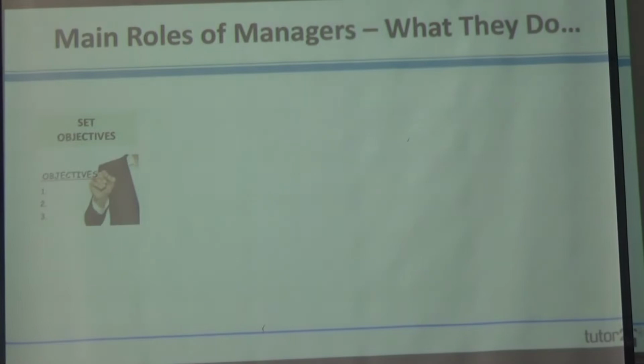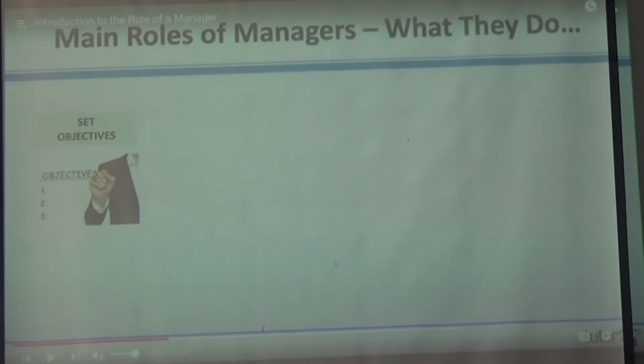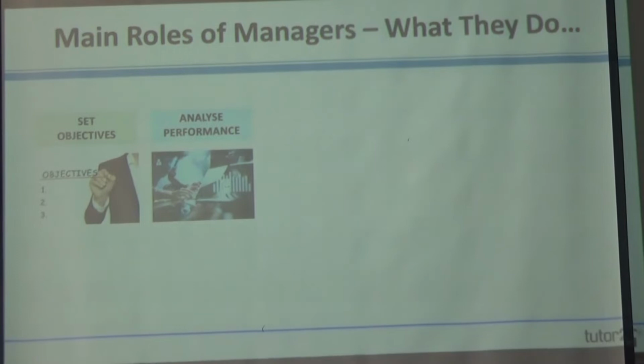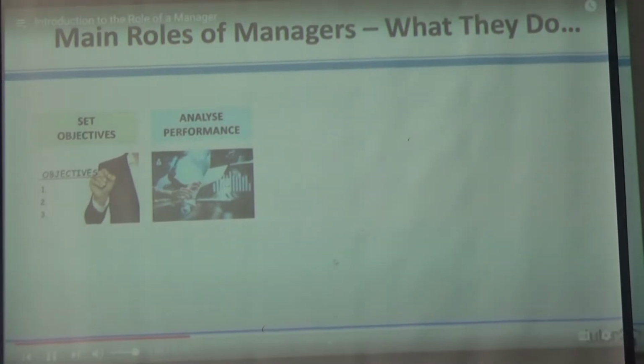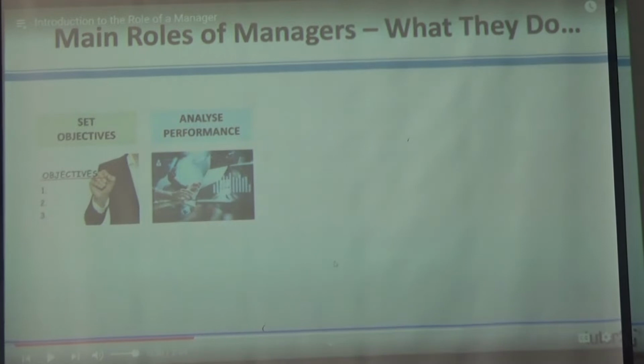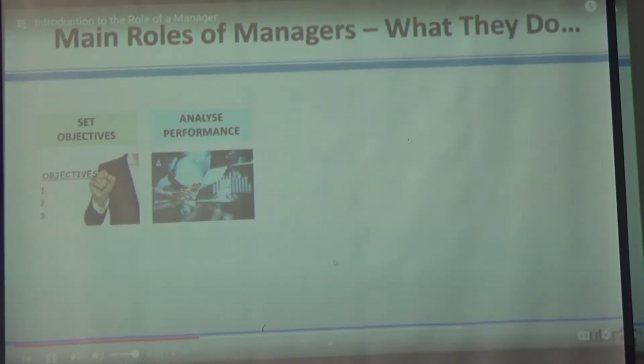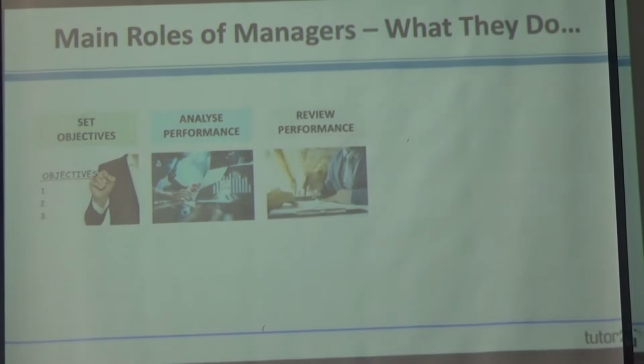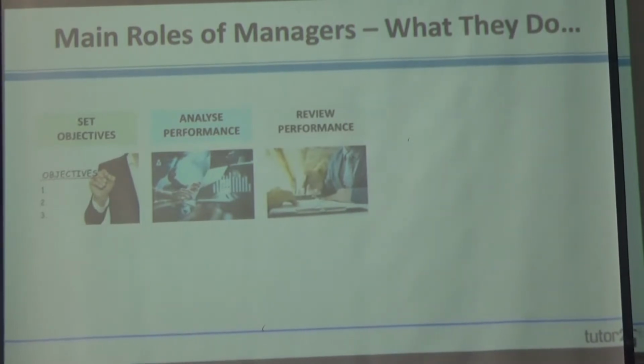Well, firstly, they set the objectives of the business, the targets that need to be achieved. Planning. Secondly, they analyse performance using certainly financial data, potentially also non-financial data. Controlling. And of course, performance should be measured against, to some extent, the objectives of the business. Thirdly, managers review performance. Having analysed the data, it's then a review to see what are the important lessons learned. For example, budget.